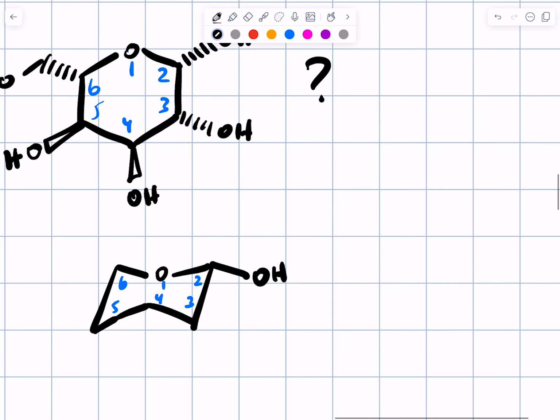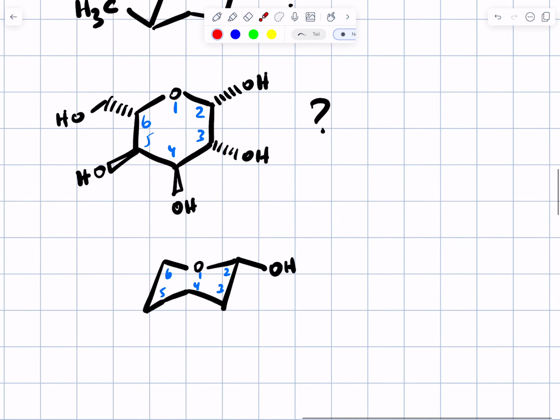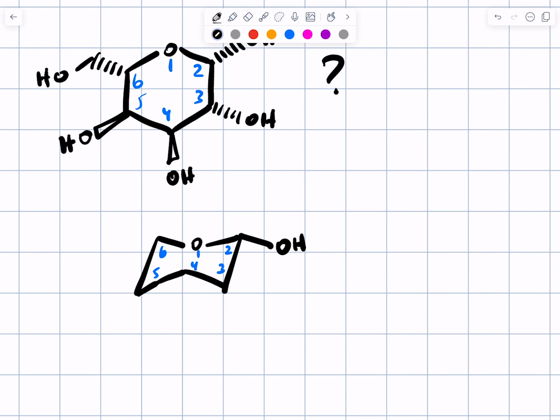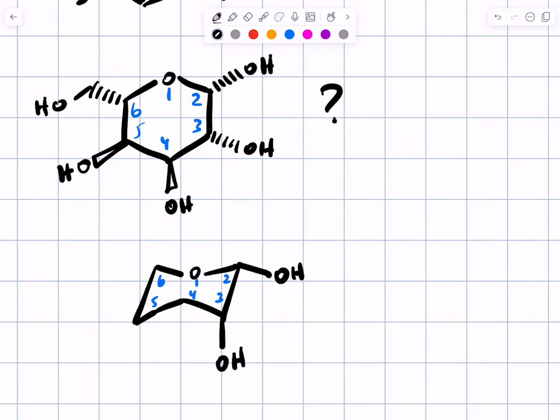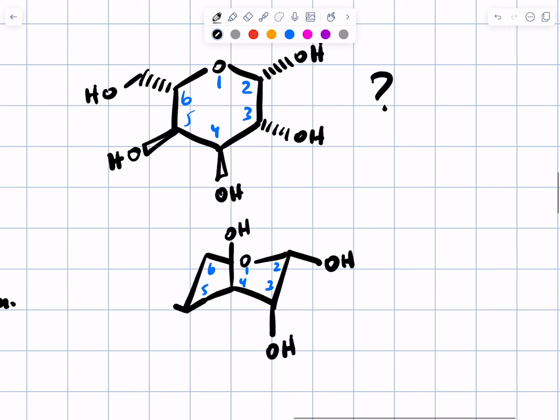Carbon 3, which is a down carbon, has a down OH group. Which position, axial or equatorial, is down on carbon 3? Axial. You can tell that because it's a down carbon. Good. And so we would continue going around the ring. The up substituent at carbon 4 should be axial. The up substituent at carbon 5 should be equatorial. And then the down substituent at carbon,